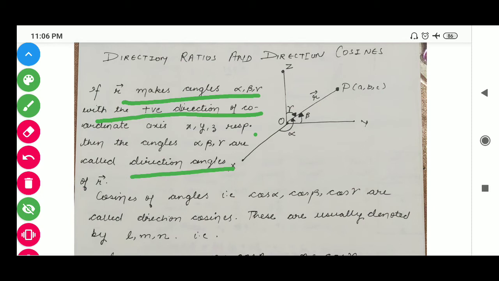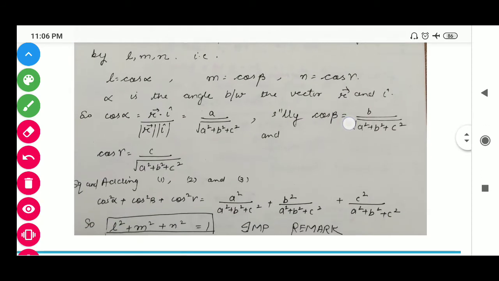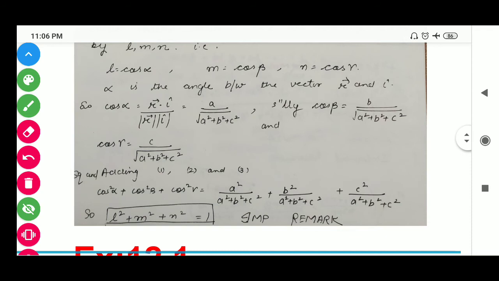So, the cosines of the angles, cos alpha, cos beta, cos gamma, are called the direction cosines. These are usually denoted by l, m, n. So, in this way, we have an important result here: l is equal to cos alpha, m is equal to cos beta and n is equal to cos gamma, where